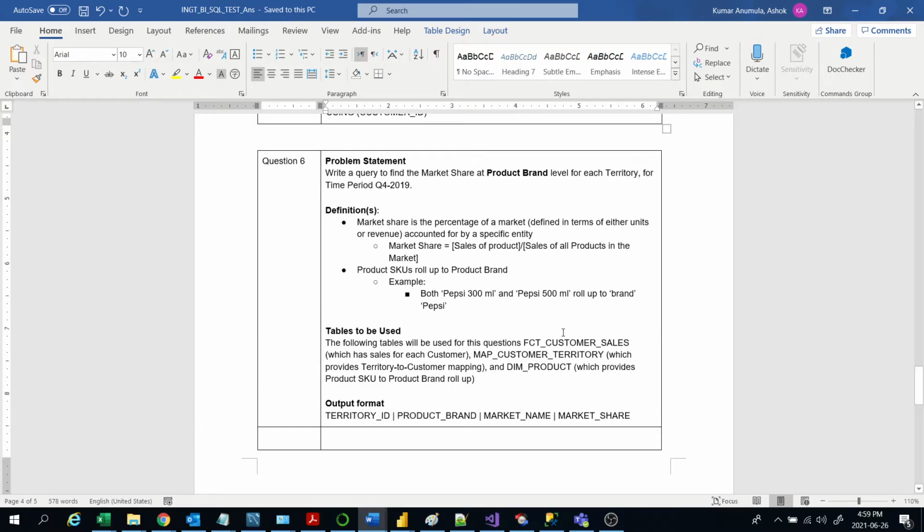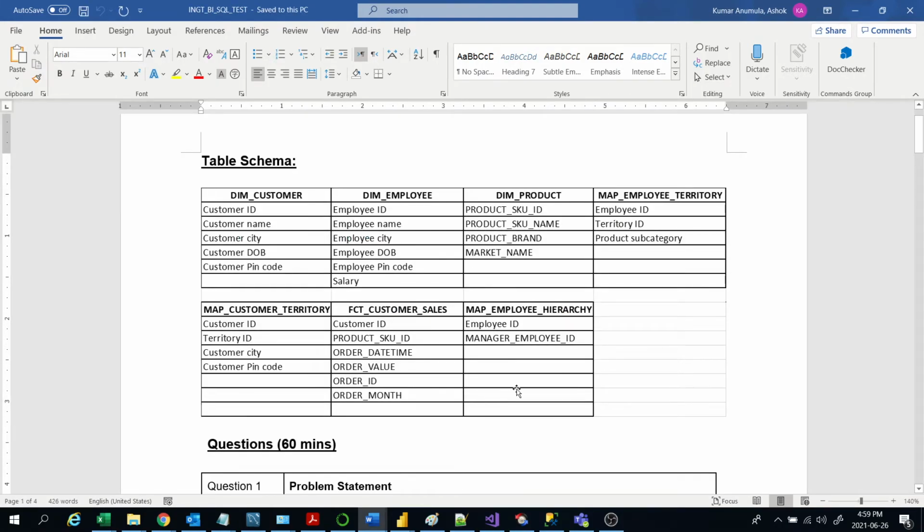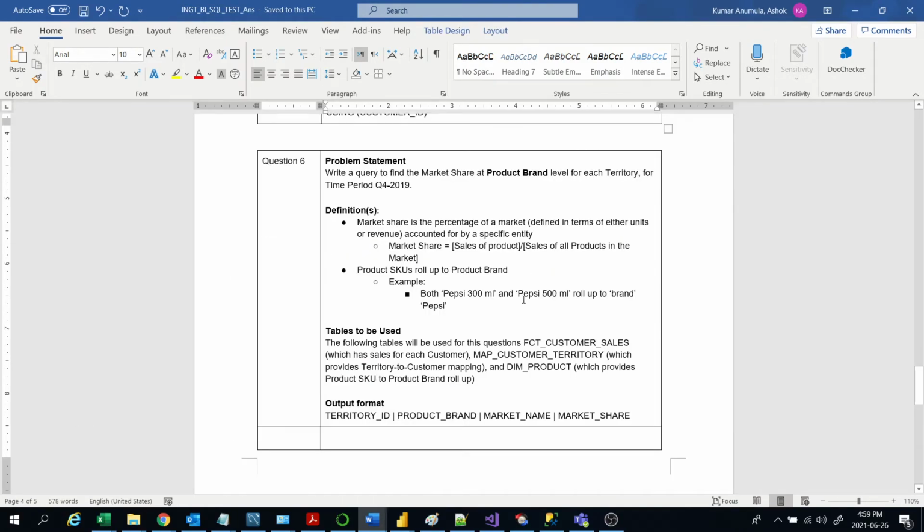It is in this table, the product table. So we have to combine three tables here: one is the customer sales, second is the customer territory, and third one is the product, which gives the product brand.